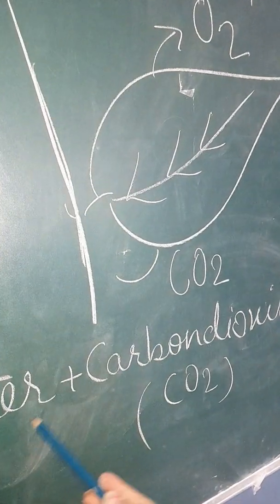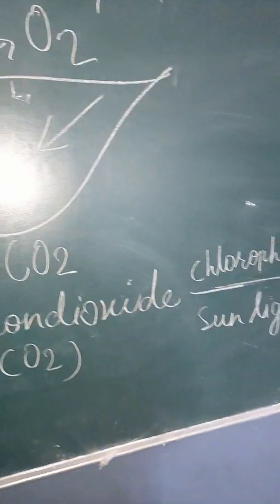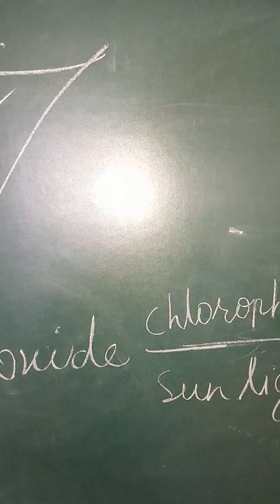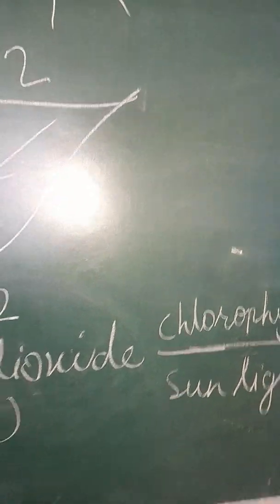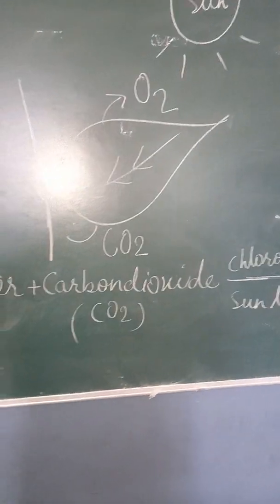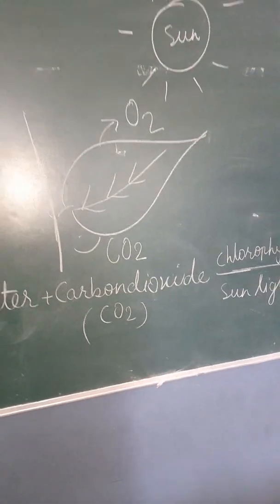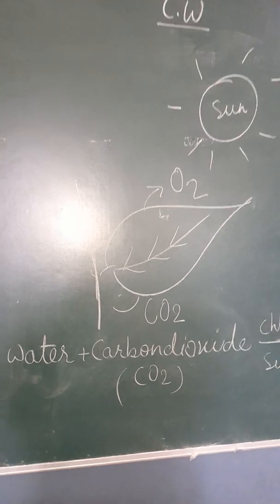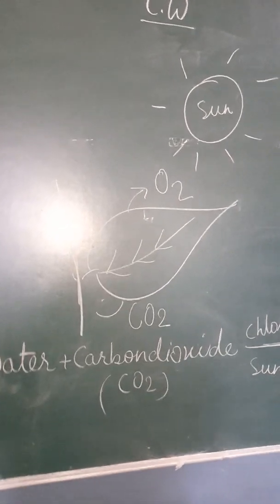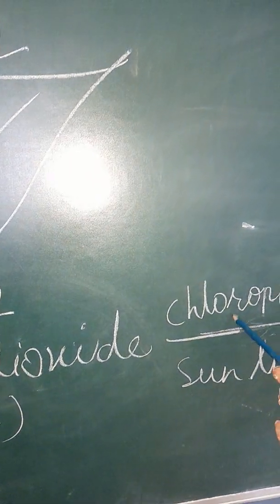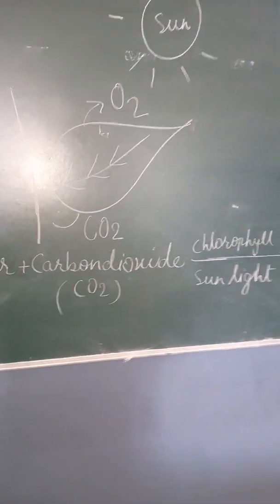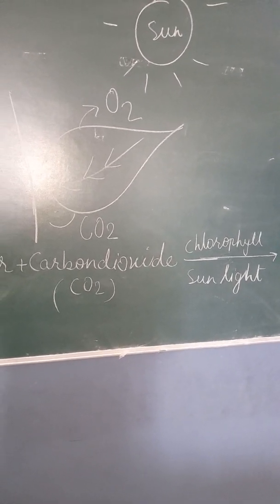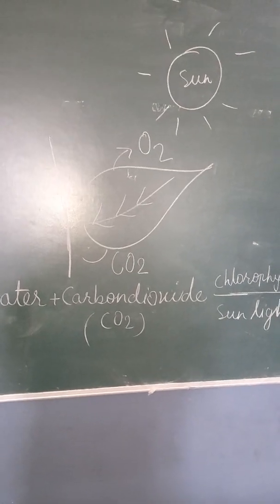Okay, so the process of photosynthesis: water plus carbon dioxide, and with the help of chlorophyll and sunlight it produces sugar and oxygen which is beneficial for us. Okay, so this is the process of photosynthesis in which a leaf prepares food for the plants, and a green pigment, that is chlorophyll, which is very important. A green leaf is green because of chlorophyll. Okay, that's why green plants make their own food.